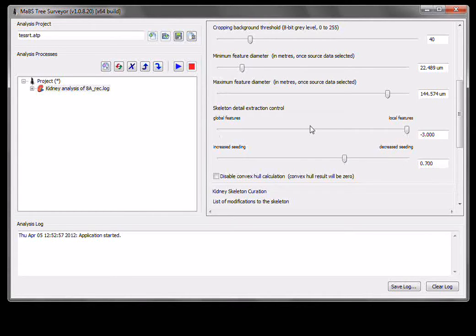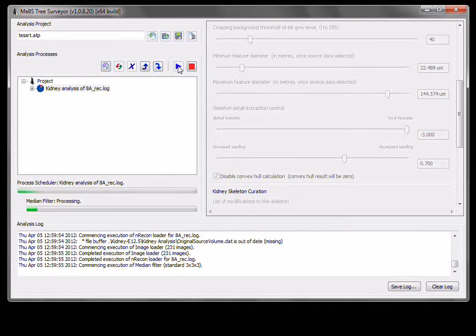Okay, so with all that set, I'll just turn off this convex hull calculation. That actually defines surface area based on all the tips minus the root of the tree that's later set. The calculation takes a little while, so I'm just going to disable that for now. You can always go back later, remove that tick and continue. Okay, so I've made some settings, so I'll just save that project again, and we'll execute the selected process to